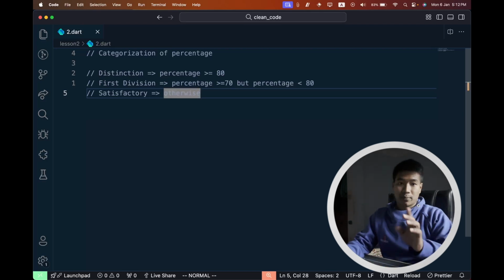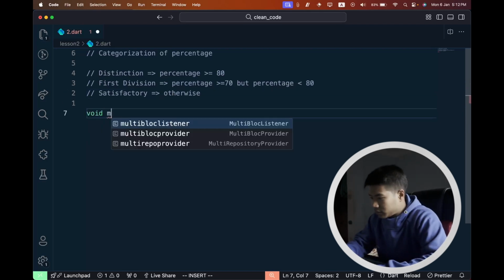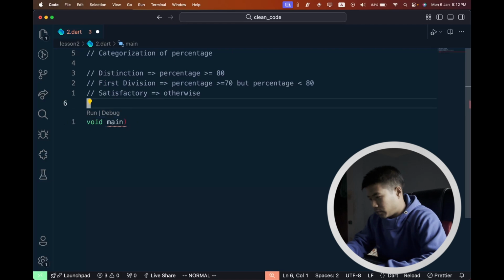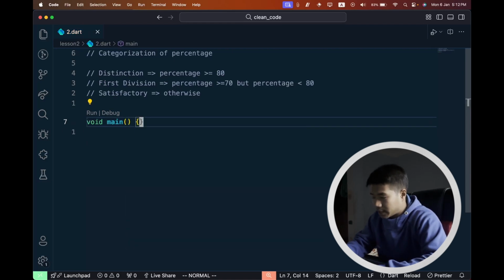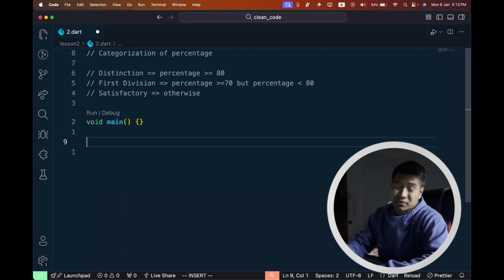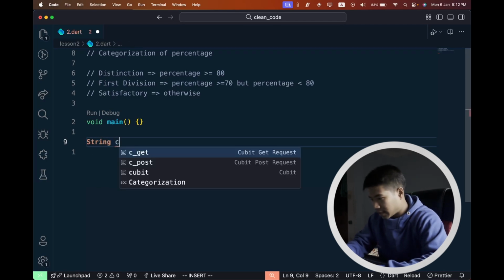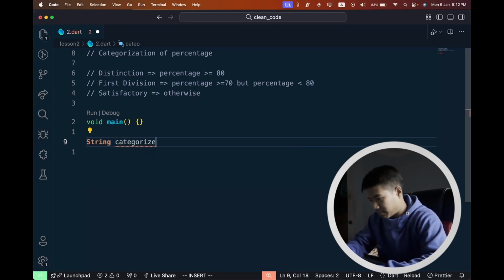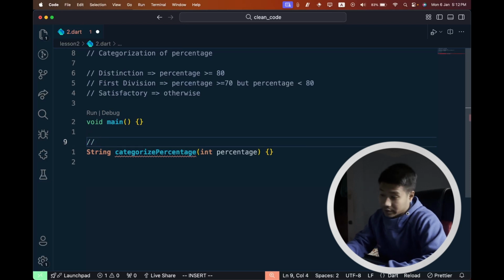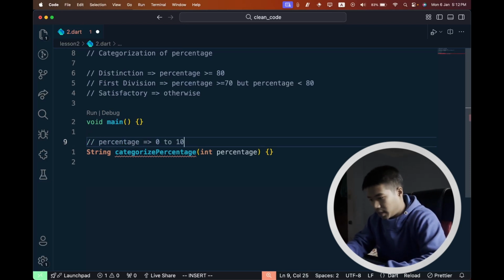So let's code a program for this. So it's very simple. I am going to do a simple void main. So I'm just going to simply use a function over here. The function is going to return to me a string, and that will categorize percentage. Okay, and that is integer, takes an integer percentage. Now here the percentage will be from 0 to 100. Okay,